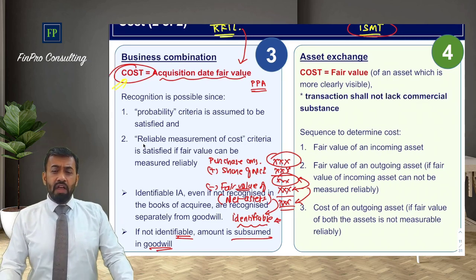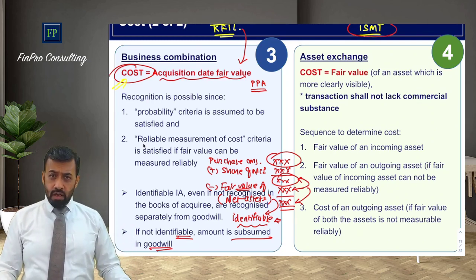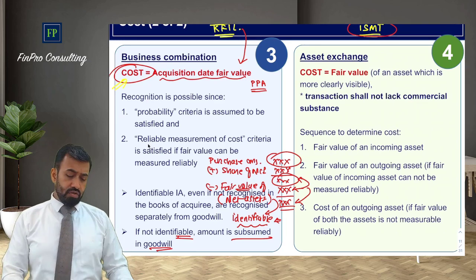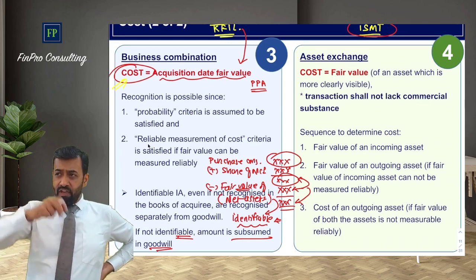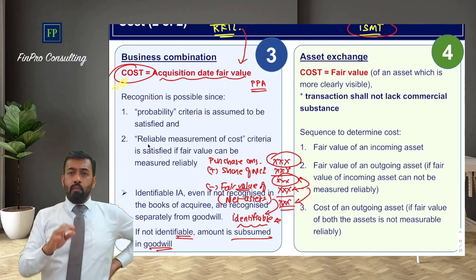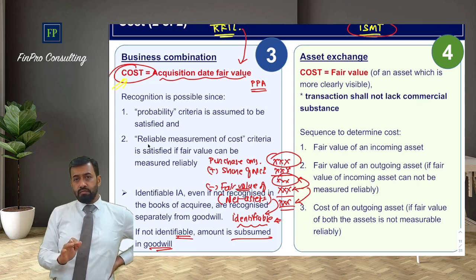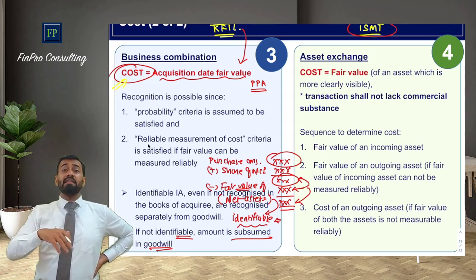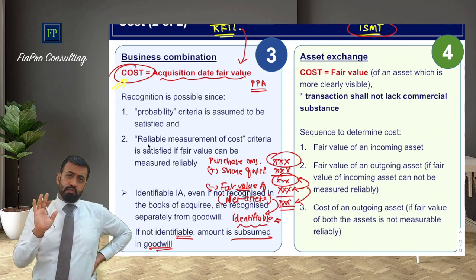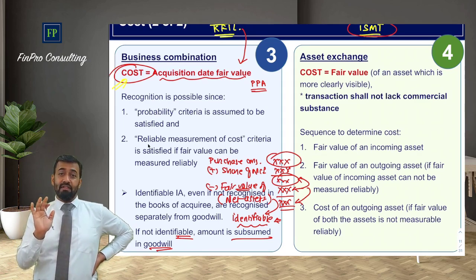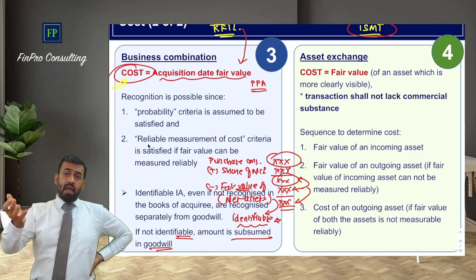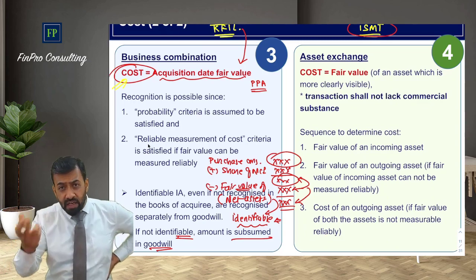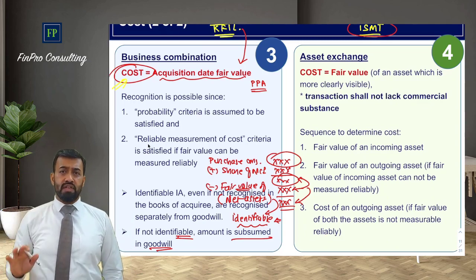Now, if the asset is exchanged, for one asset I have purchased the other asset. I have given one asset and purchased the other asset. Now the point is, if I have exchanged the asset and the assets are similar, then there is no commercial substance. Ignore this transaction. Simple. However, if the assets are not similar, dissimilar assets, if risk and rewards changes because of entering into a transaction, then you will have to recognize this transaction.